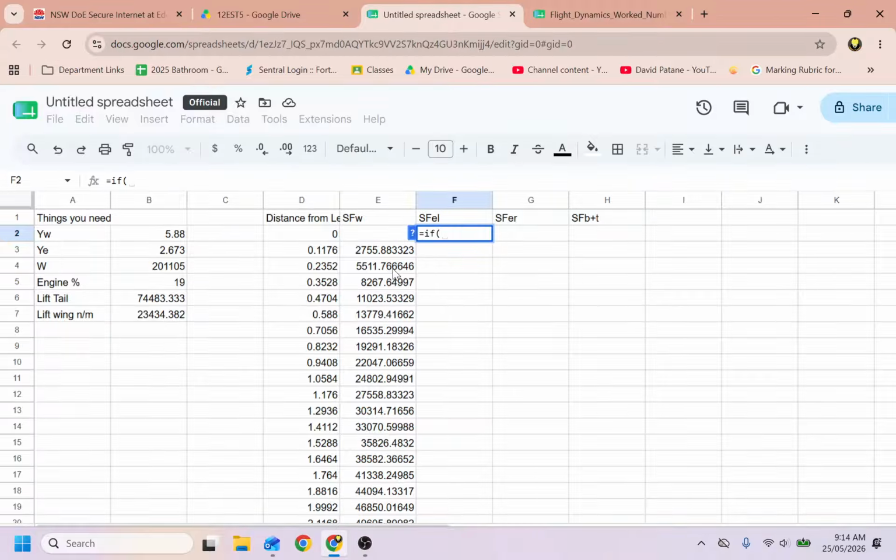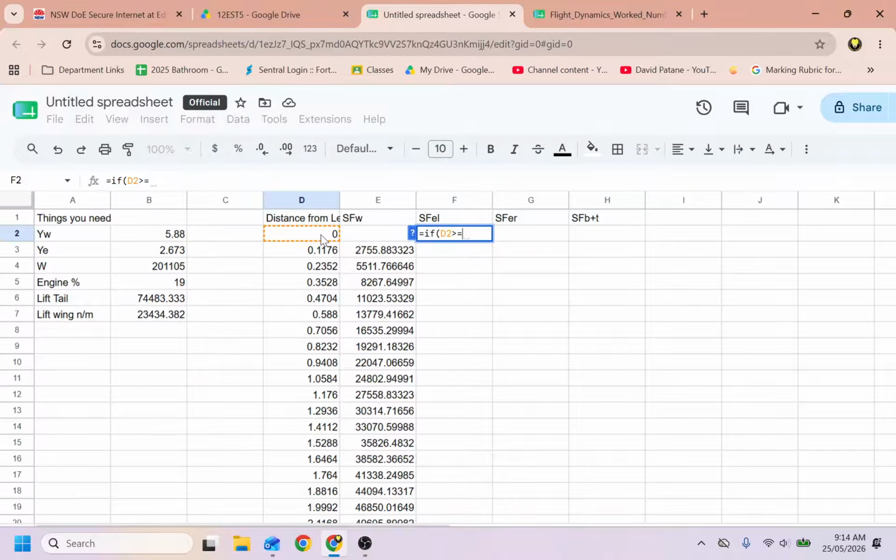We want to say if this value over here is greater than or equal to the distance where the engine is, then we want to count that arrow pointing down in our equations. So where do we find that distance? If we know that YE,